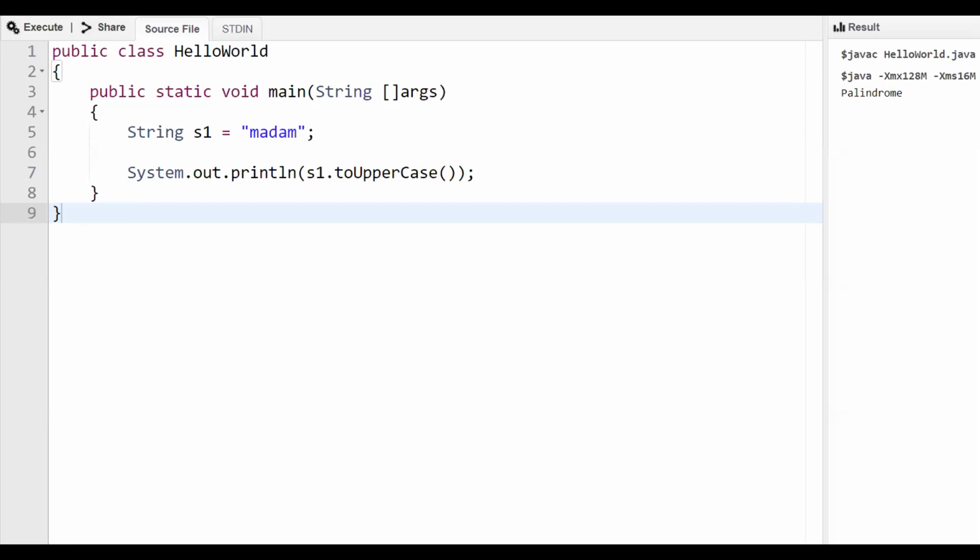And the last exercise was a very simple one: converting the string from lowercase to uppercase. It is simple, a built-in method is present. In almost all programming languages, they provide a method to convert lowercase to uppercase and uppercase to lowercase. So you can observe the output over there.